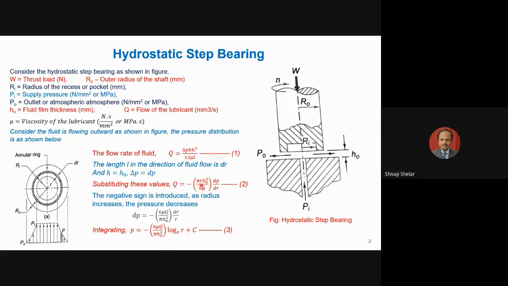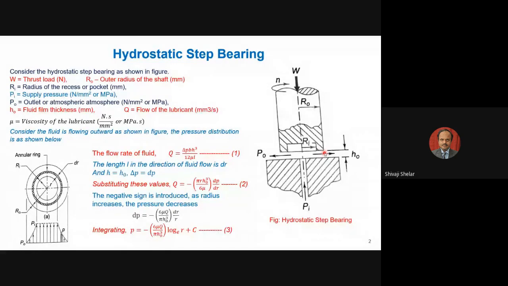So this negative and negative will become positive, and the flow in the outward direction will be happening there. If this dp by dr is positive, and if you take this positive and then this is negative, then the flow will happen radially inward. So since we are supplying fluid at the center, naturally fluid has to go outside. So naturally the pressure at the center point should be high compared to the pressure at the outer radius.